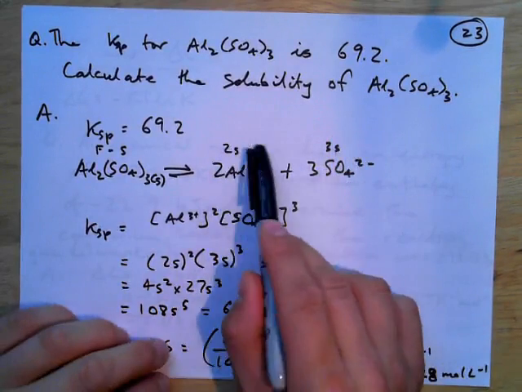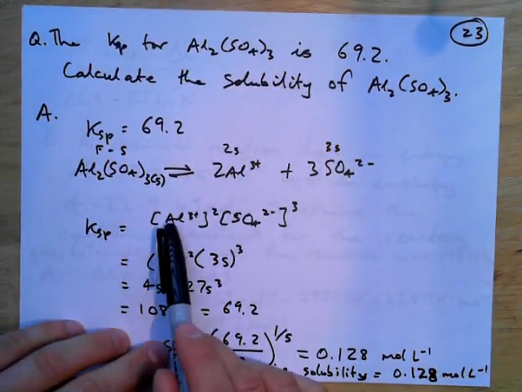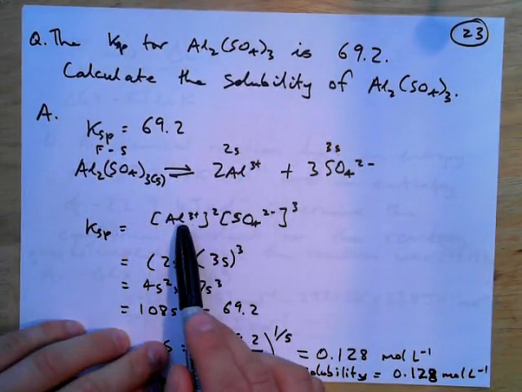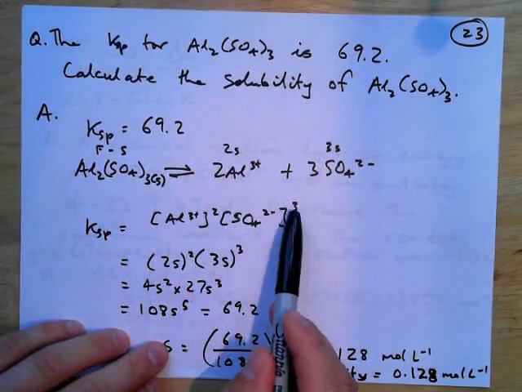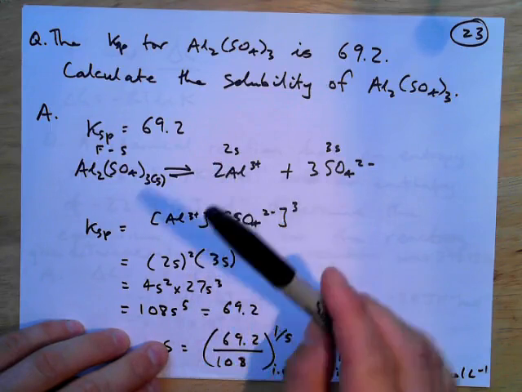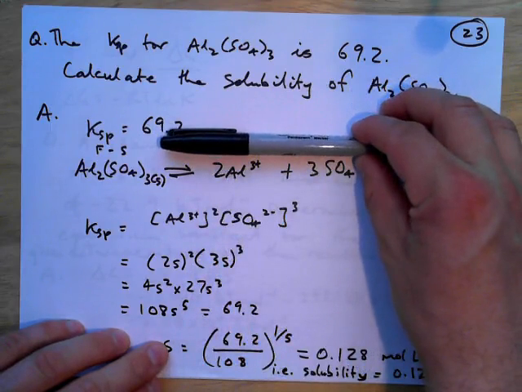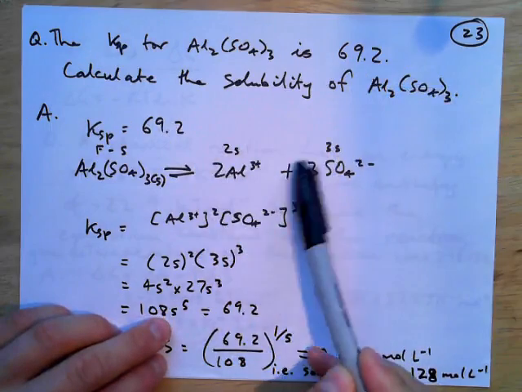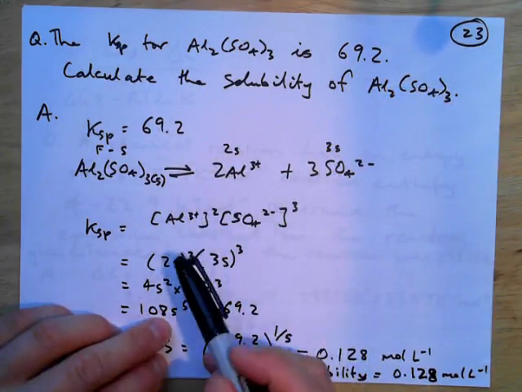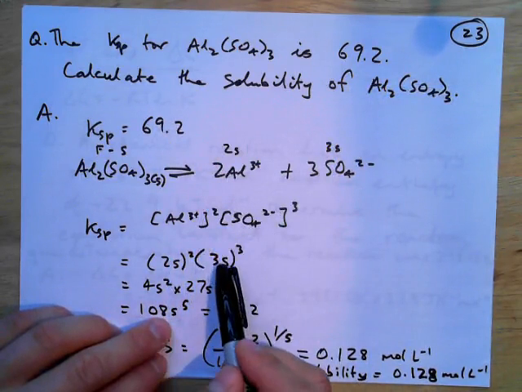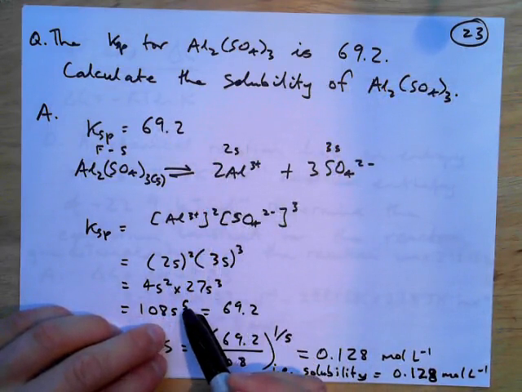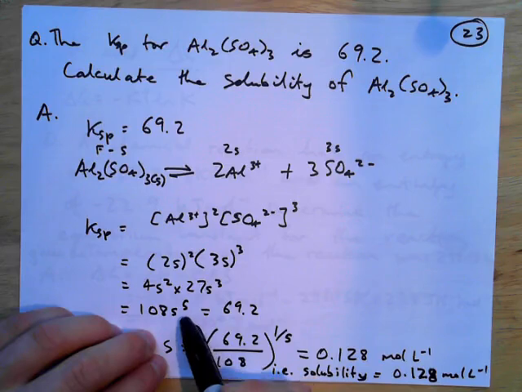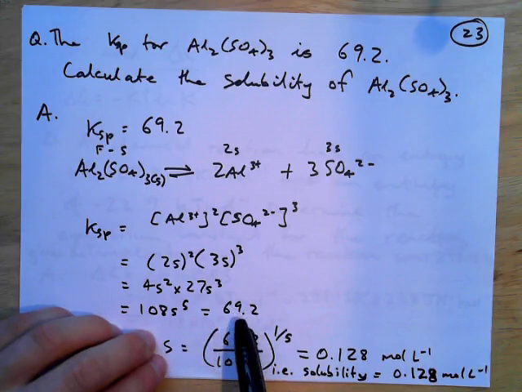Then again, I ignore the S's and just put out what my Ksp is, which is the aluminium squared, the sulfate cubed, just looking at these here. So I just ignore that part and go back to the basics. Then I can put in the 2S and the 3S in these terms here. So it will become 2S squared, 3S cubed. Okay? So then I end up with a total of 108 S to the power of 5 equals 69.2, because